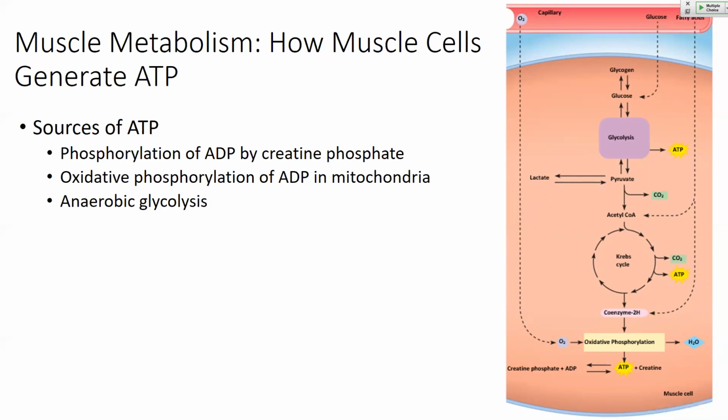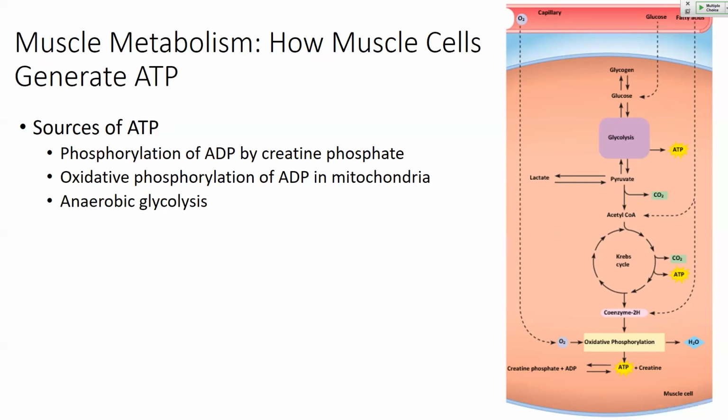The other process, oxidative phosphorylation, what do we know about this process? First of all, it's requiring oxygen. It's heavily reliant on oxygen. Secondly, it's taking place in the what organelle? Mitochondria. Good. It's taking place in the mitochondria. And thirdly, it's giving us much more ATP than glycolysis can. So those are the two main sources of ATP for muscle. And a muscle tissue can tap into either one of those sources predominantly, depending on its use, depending on the